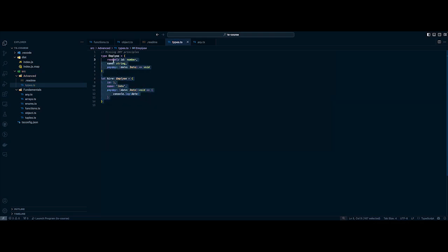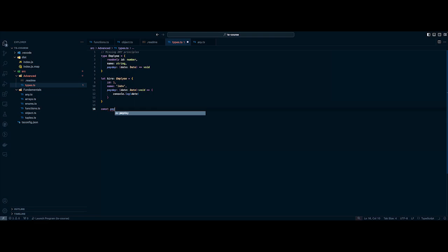That's amazing. So you can pretty much go into town and start declaring types on top of the variables you're using. Or even better, you can create an entire file only with the types you're going to use in that specific application if you want to be more organized with it. Of course, you can create multiple types and use them throughout your entire application. We can even create, for instance,